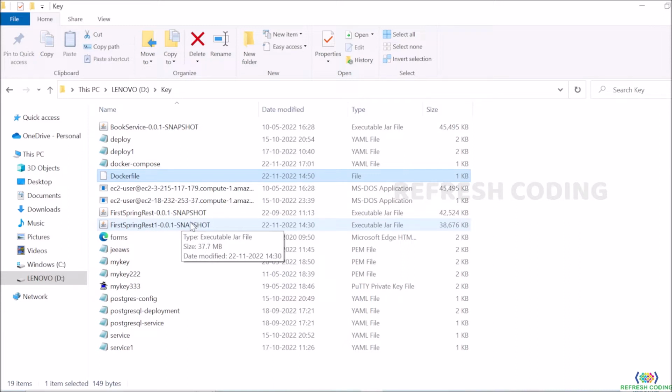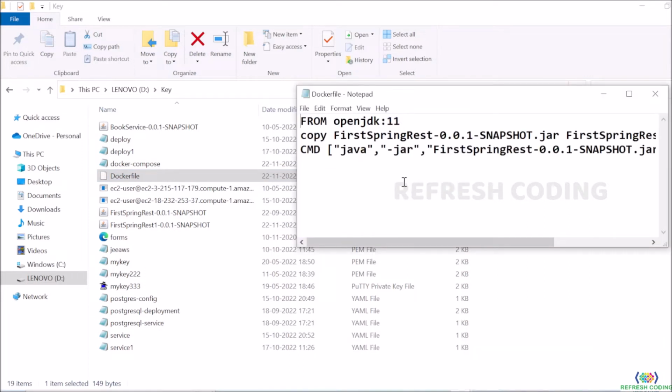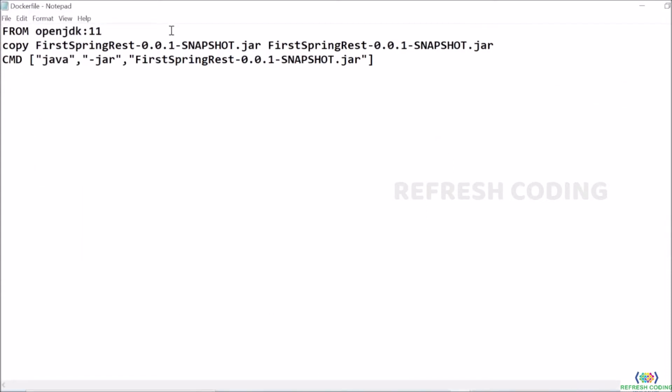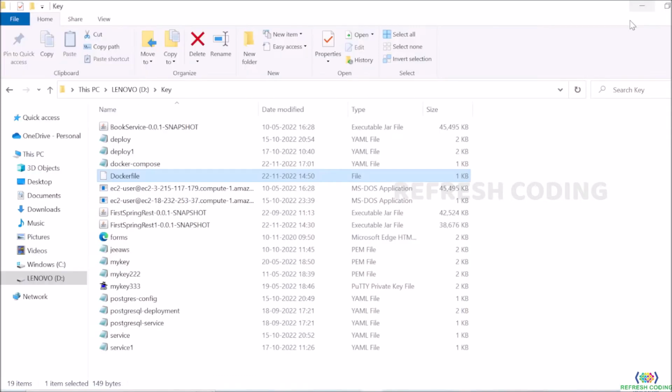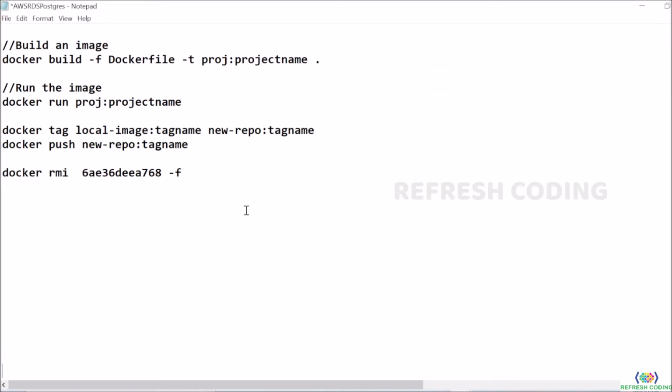to Docker Hub. So what is the first requirement? You must have a Docker file. This we have discussed earlier also. So we have this Docker file. So what is this Docker file? We just create a file with all these credentials, like I want to work with this jar and I want to run it with this software, which is OpenJDK 11. And after this there are some Docker commands which we will be typing to create an image from this Docker file.